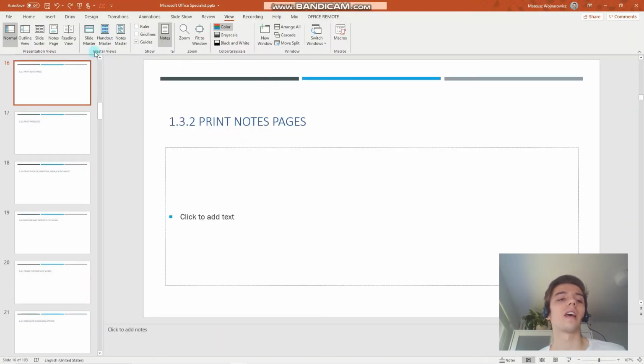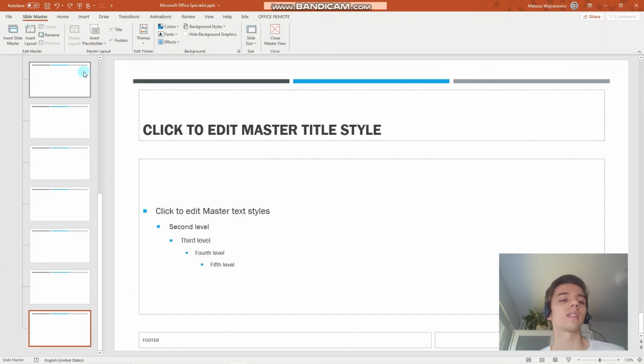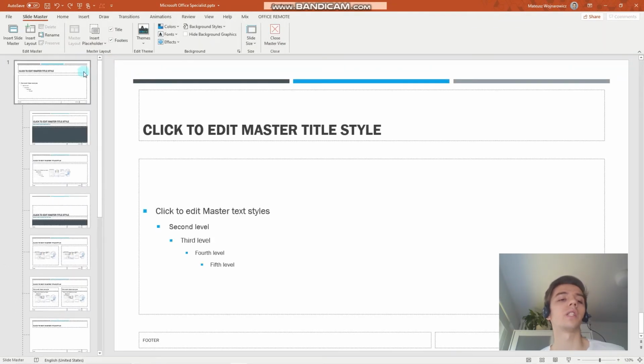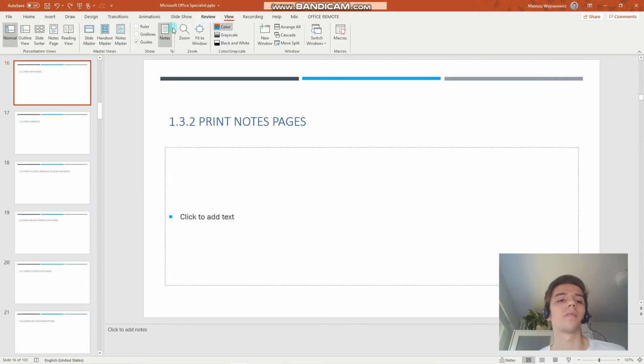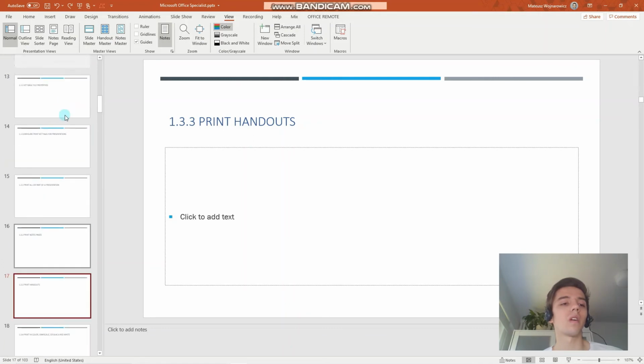and then as a review we can go through these master views. So slide master is for changing how the individual slide layouts look. Then we have the handout master that influences the organization and look of your printed handouts, as well as notes master, which also changes the way your printed notes look. Okay, great. So now we can move on to